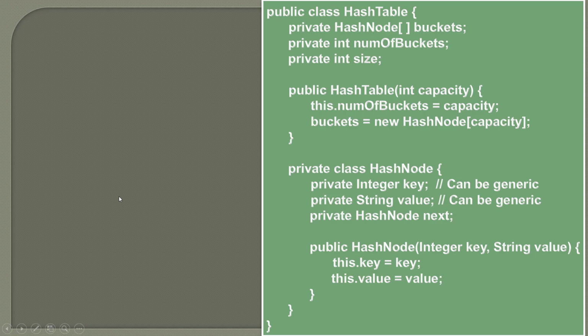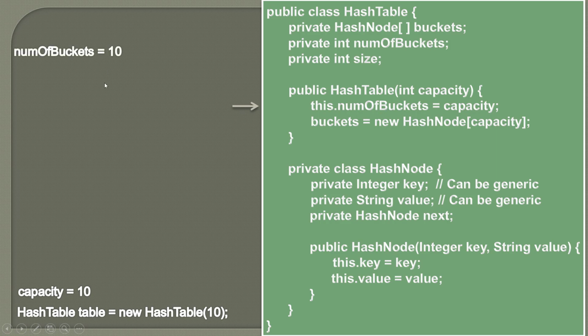So here what we do is, at the start we simply create an instance of hash table, and let's say we pass a capacity of 10 to our hash table. So it looks something like this, that the capacity value is 10, and in the hash table constructor we assign the capacity to number of buckets. So it becomes 10,